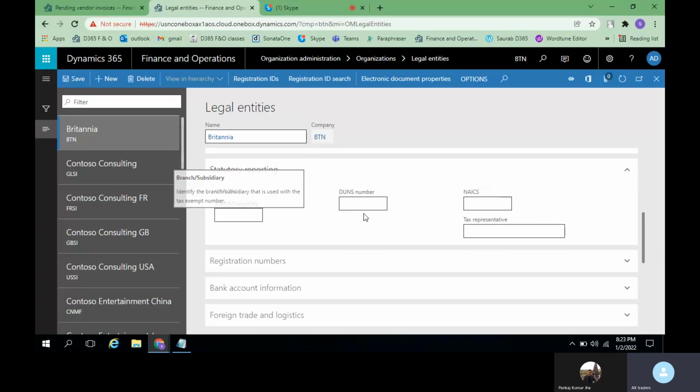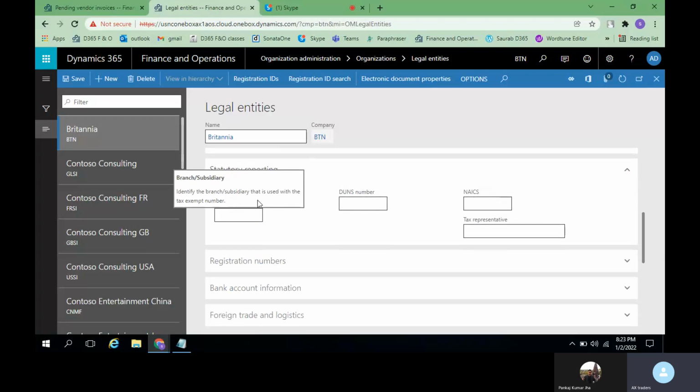For example, let us assume you are working for a US client, and all these details are given by the client. Since your task will be entering all these details, you'll just have a look at the details given by the client, and you'll enter branch and subsidiary.